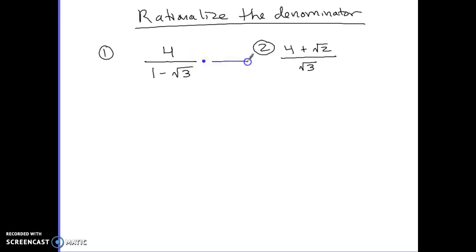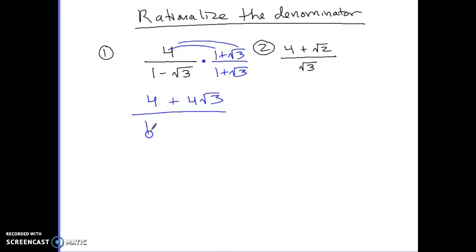Here we go. I'm going to multiply this by 1 plus radical 3 on the top and the bottom, and then I'm just going to distribute and FOIL. So 4 plus 4 radical 3. If I FOIL on the bottom, I'm going to get 1. The outer and the inners cancel, and then negative radical 3 times radical 3 gives me negative 3. So 4 plus 4 radical 3 all over negative 2. You can divide everything by negative 2,